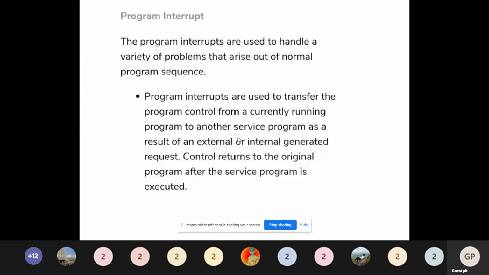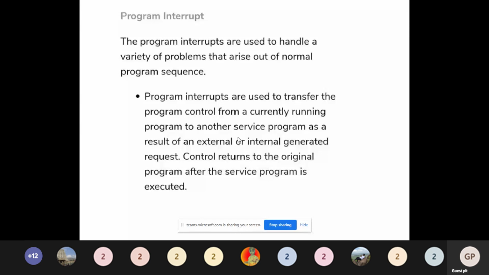An external source can request an interrupt, or internally, by executing some conditions, some flags are affected, and that way we can generate interrupts. Then if the interrupt occurs, control is passed to the subprogram or subroutine. After executing that part, control returns to the original program after the service program is executed. This is in general what a program interrupt is.